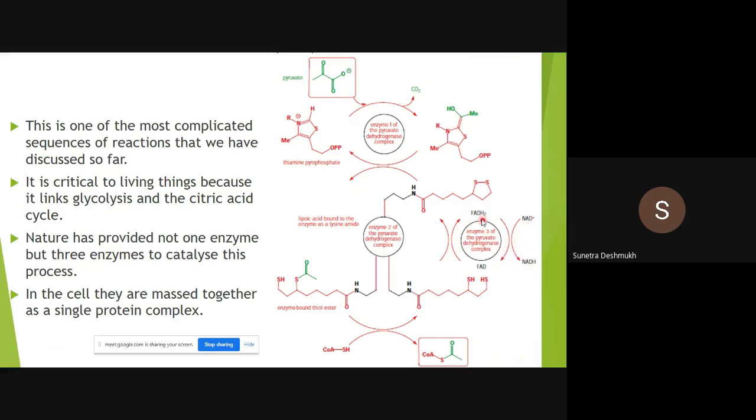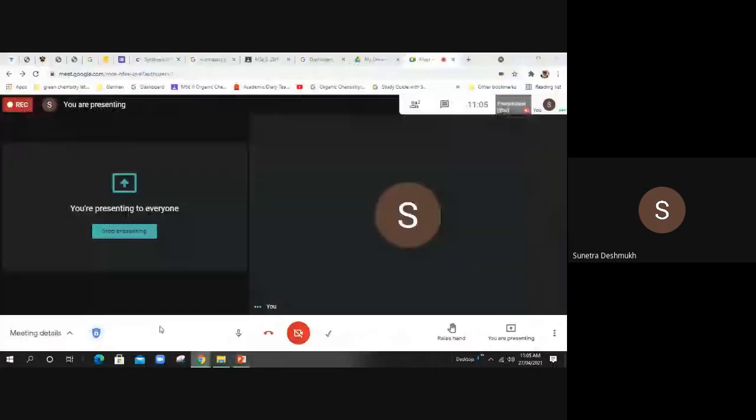So different starting materials are reacted at different places. We started from pyruvate, thiamine pyrophosphate, elimination of CO2, and how we came over here, again that one is reacted with this lipoic acid. That one is converted again, and finally we got this compound at the end. Everything is as written here.